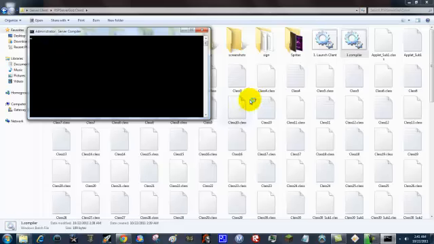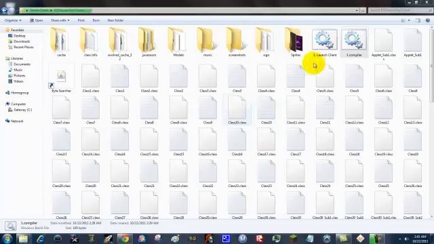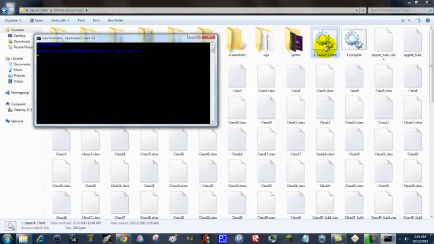Yet again, sorry, it takes a little longer. It should not take this long. If it does, your computer's either slow or you're running more programs than you should. So that's done. It might say some things like it just did. Unless it says error, then you are perfectly fine. You're going to hit launch client,